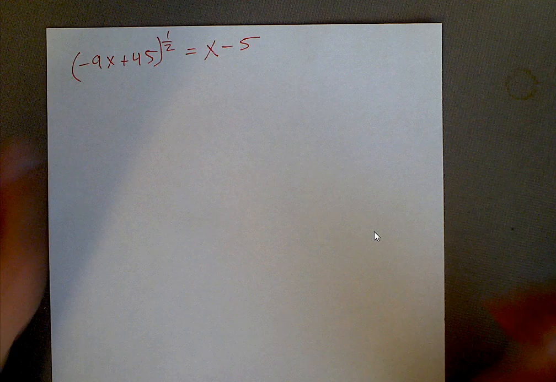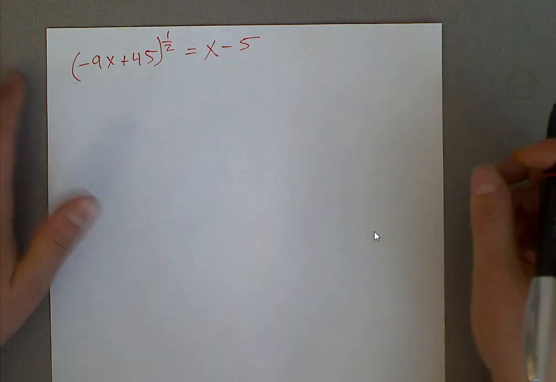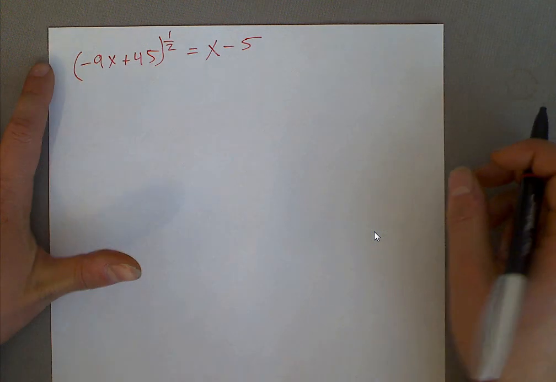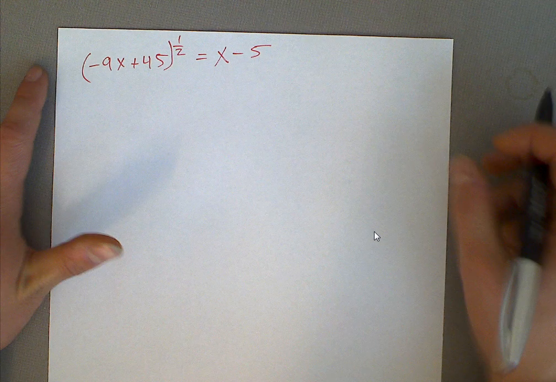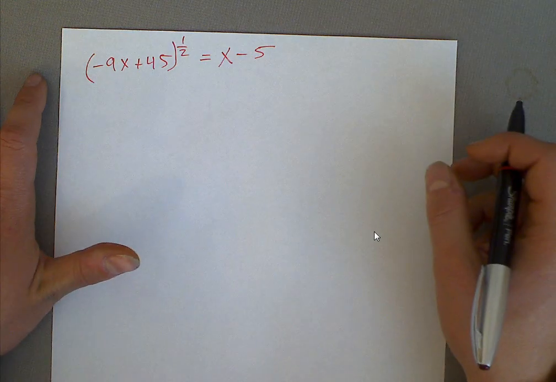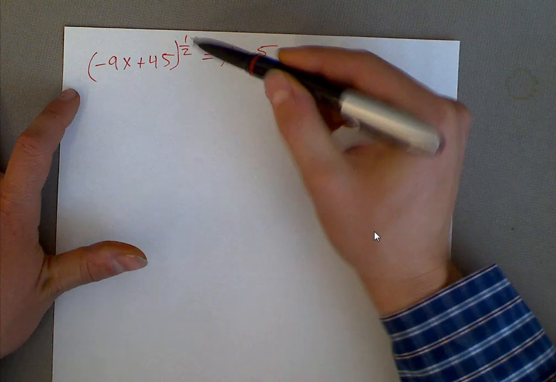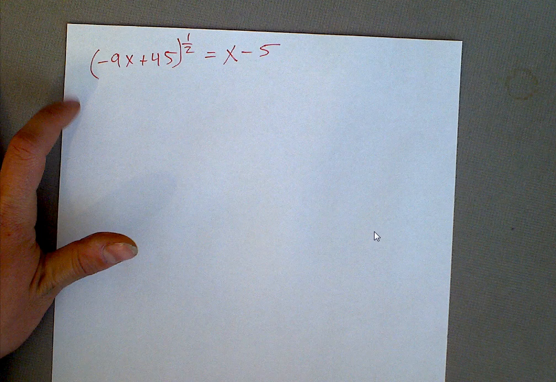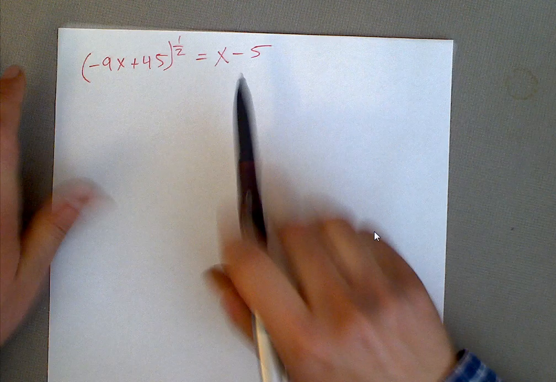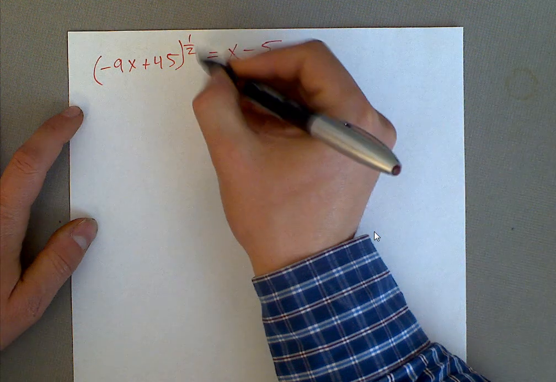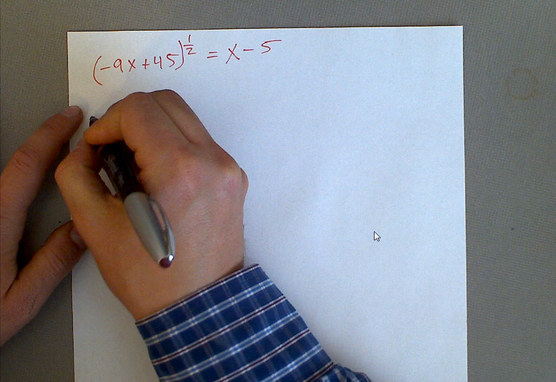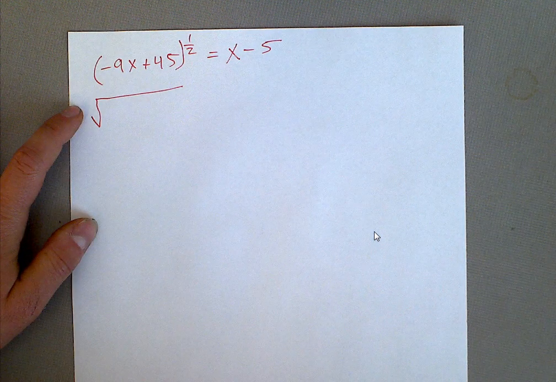Hi guys, we're going to go over the third problem, the U-try problem from lesson 16. We're asked to solve an equation with a fraction as an exponent, and it has variables on both sides. The first thing to notice is that an exponent of 1/2 also means the square root of the